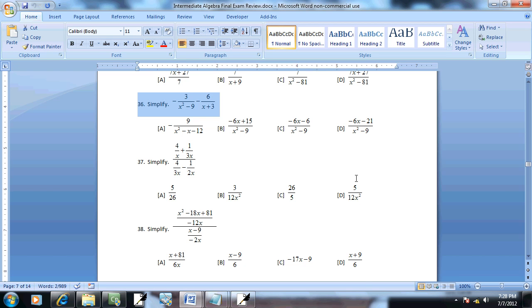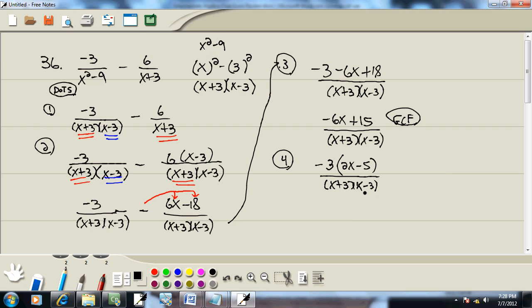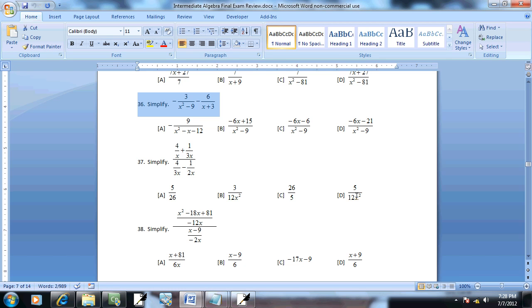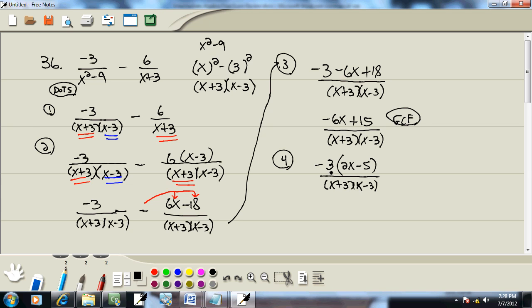So let's see what their answers look like. Yeah, looks like they multiply everything through. That seems backwards. It's like, well, why did we even factor it out then if we're going to multiply it back through? Well, we factored it out to see if we can cancel anything. Negative 3 times 2x gives us negative 6x. Negative 3 times negative 5 is a positive 15. Now, these are conjugates, which I'll mention here in a minute, but if we multiply those back through, we're going to get,